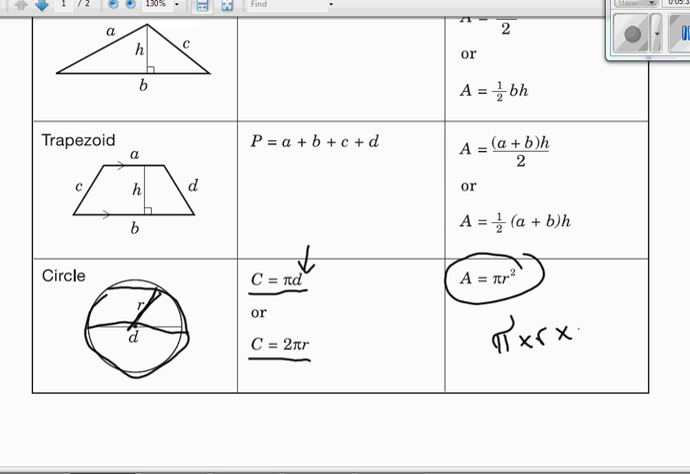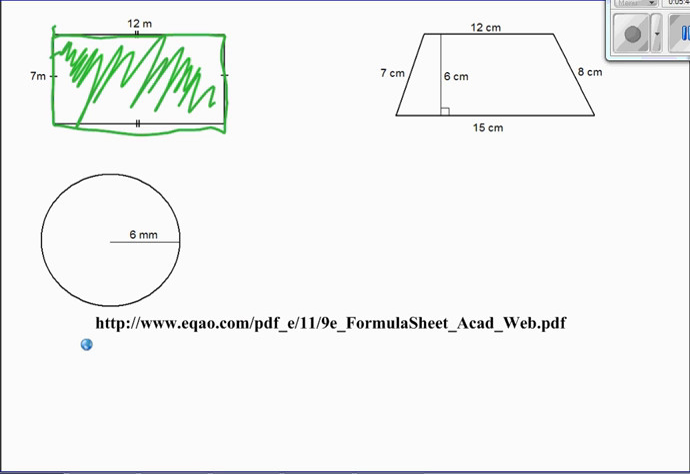In a previous grade, you may remember this as pi times r times r. But now that we're in high school, we're very comfortable with exponents, so we know that it's just pi r squared. Okay, so now that we're a lot more comfortable with those formulas,